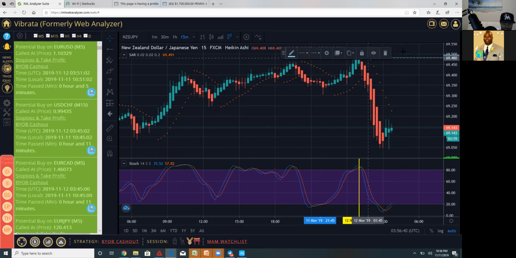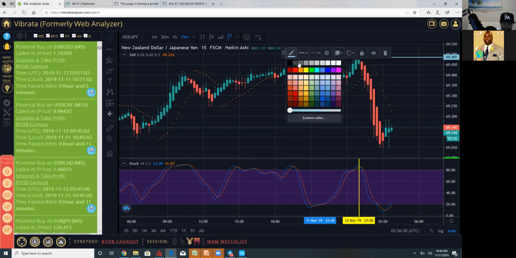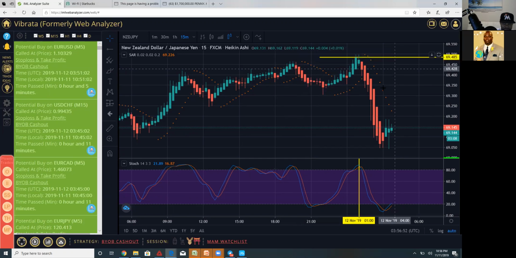Hang on, let me just move this. All right, so you guys see this line, right? Let's make it a little thicker, and we'll change the color to yellow. All right, so what we want to do is come all the way up here, and we want to look